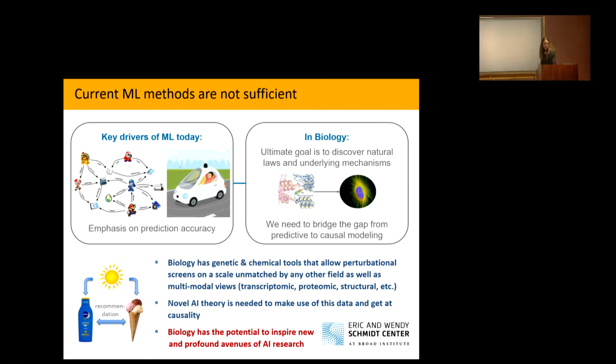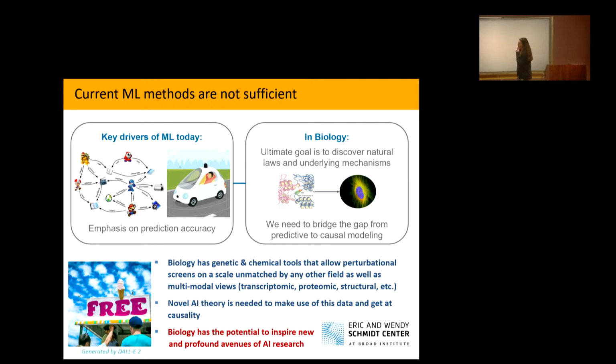Okay, so we want to talk about causality, and we want to talk about representation learning, and in particular, how to intertwine the two things together. Now, why are current algorithms not sufficient? Here is a picture generated by DALL-E. All the current methods have always emphasized prediction and not figuring out causal relationships or obtaining causal representations. Even if you tell DALL-E to draw you a picture of an ice cream stand where they're giving out free ice cream, it will always put good weather in the background.